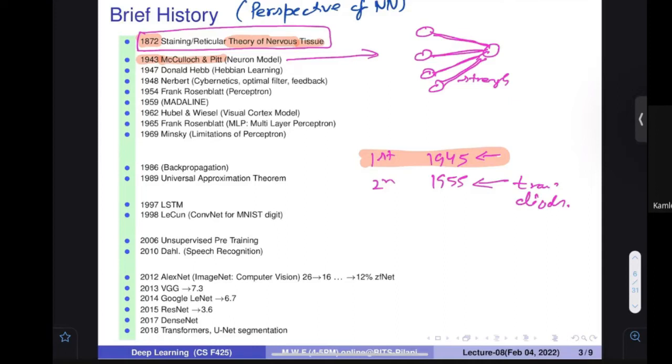If the same amount of signal is sent from two nodes, and one connection's strength is higher, it will make more impact on this particular neuron. This was the model given